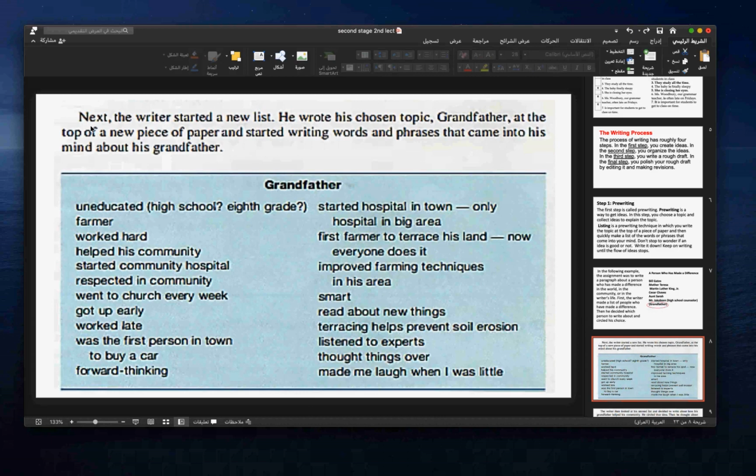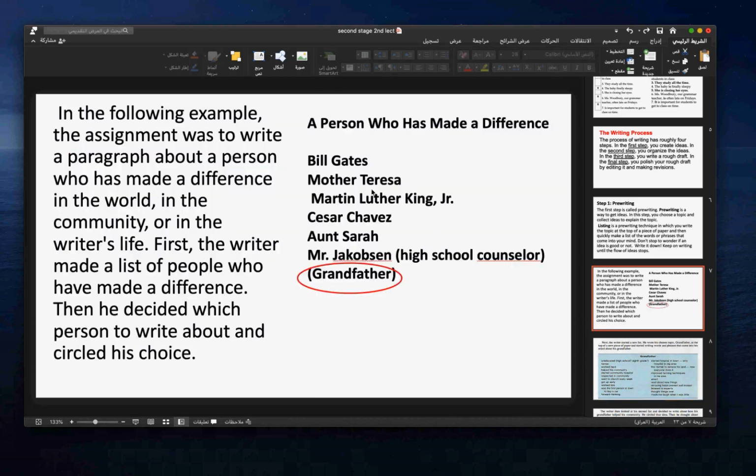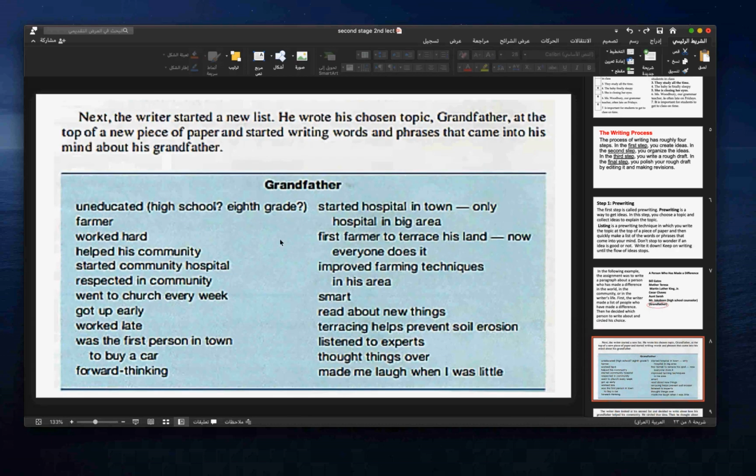فهنا next the writer started a new list. بعد الليستة الأولى اللي هي كانت هنا هاي الأسماء سوي لستة ثانية. Okay. He wrote his chosen topic grandfather at the top of a new piece of paper and started writing words and phrases that came into his mind about his grandfather. بالبداية عنوان الورقة grandfather بعدين كتب الأفكار اللي تتعلق بالجد. فمثلا عندنا uneducated, high school, 8th grade, farmer, worked hard, helped his community, started community hospital, respected in community, went to church every week, got up early, worked late, was the first person in town to buy a car, forward thinking,